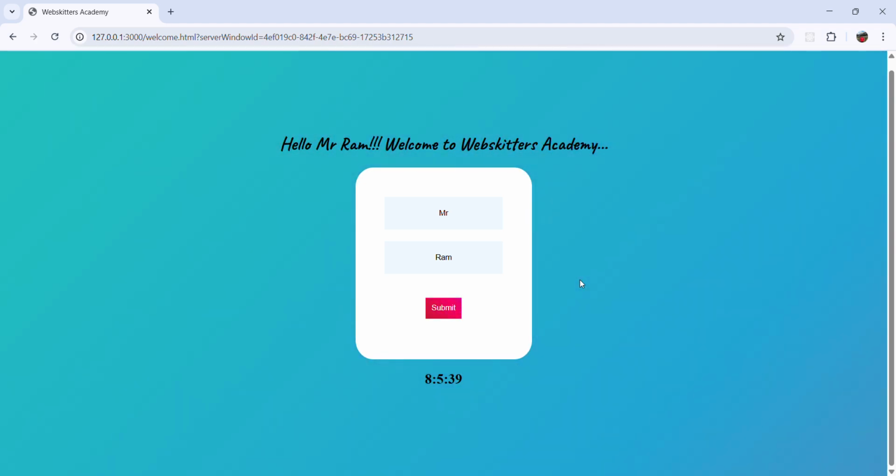Okay, now in the CSS part, what I have done is I have used a gradient animation. That's why in the background the color is changing every 5 seconds. Okay, and I have used flexbox to center the div. I've also used text-align center, so that's why in the middle all the text is there. Okay,